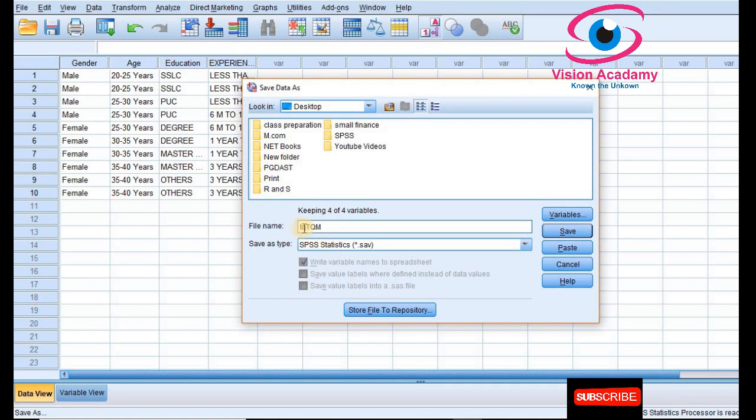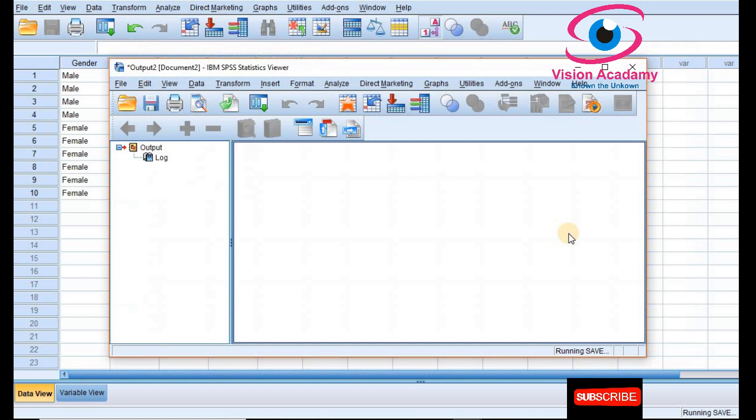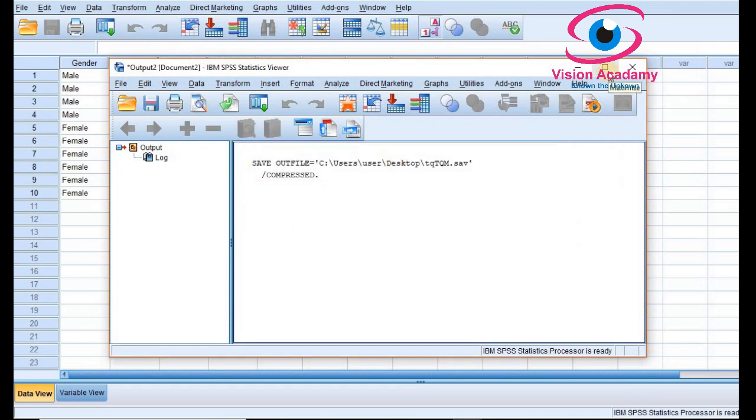On total quality management I have conducted a small survey, so I am giving TQM, and the extension of SPSS is .sav. It will save. So save. In this way you saved the data.